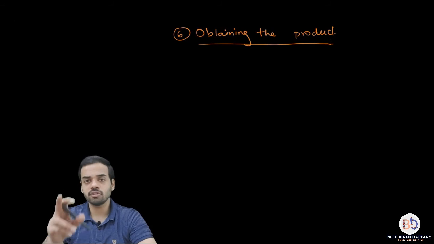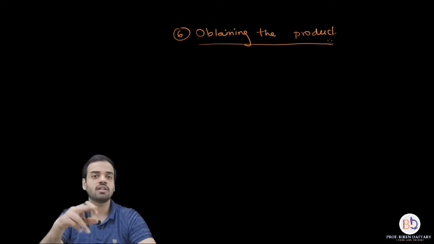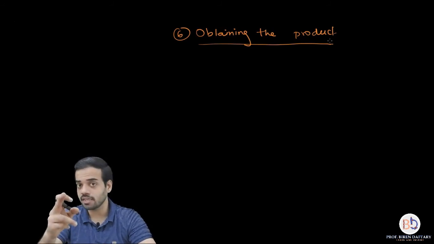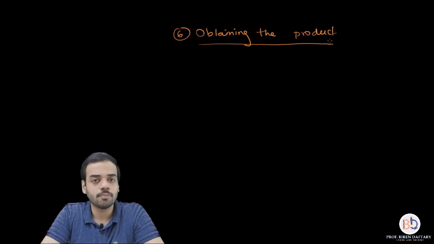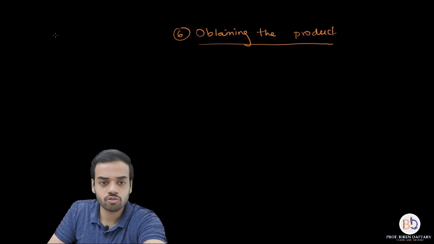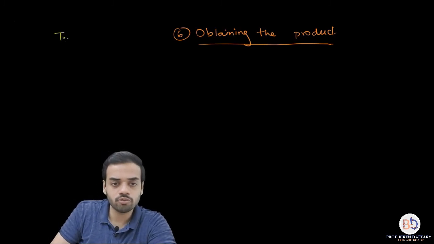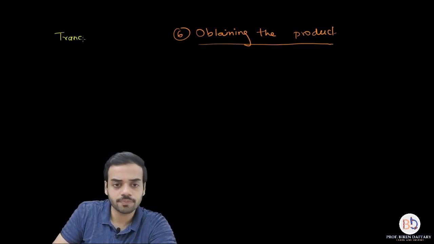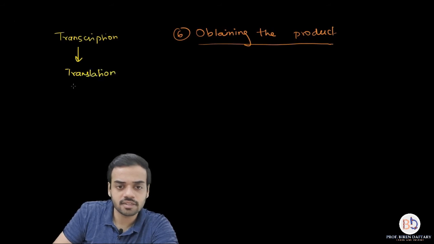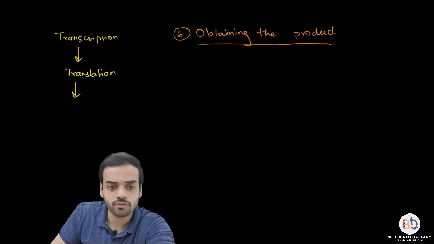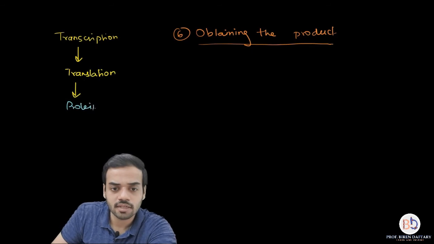So suppose we are using E. coli, then each of the E. coli is having recombinant DNA. Recombinant DNA is having the desired gene. Now do you remember protein synthesis? Protein synthesis, I will show it over here, is made up of two steps: transcription, followed by translation, and translation gives rise to, if you remember, proteins.